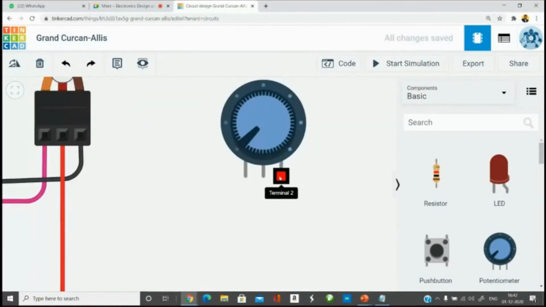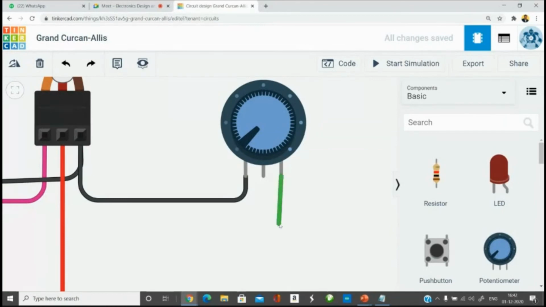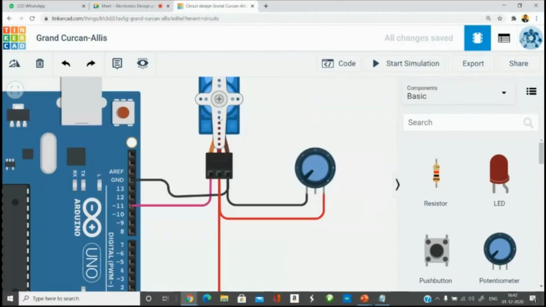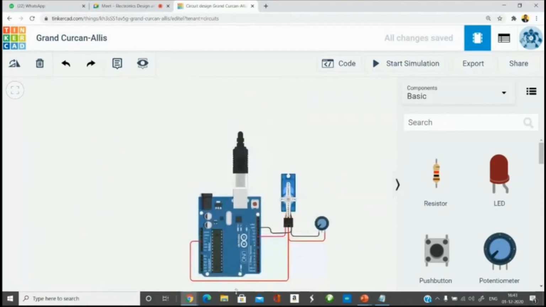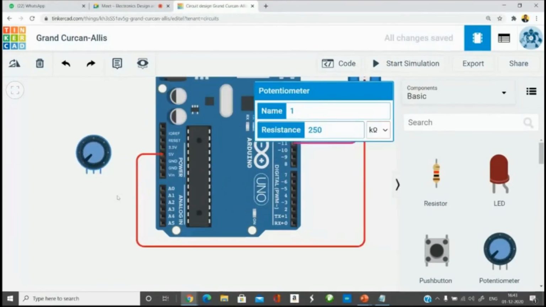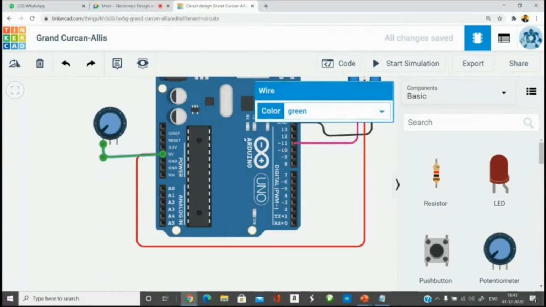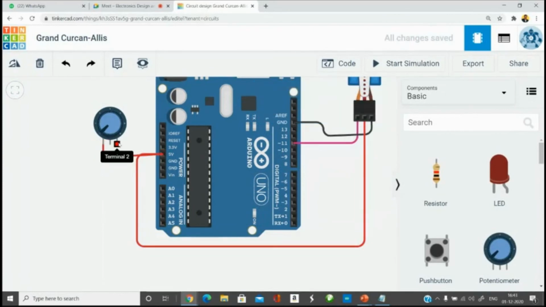So this is my terminal 1, which I take and connect to ground. This is my second terminal, which I connect to power. I just connected these two. The signal I connected to analog 0. Maybe it is better that we connect this here so that it is confined to the left hand side part. So terminal 1 I connect to plus 5 volt. There is no difference in fact if you connect there or here, but for simplicity I put it here. This is my ground terminal, which I can connect here. The signal I connected to analog 0.